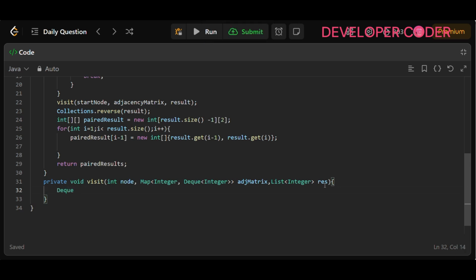Okay, and here integer neighbors. Okay, I'm just going to write any, actually let me write full neighbors. Okay, and adjacency matrix dot get node. All right,